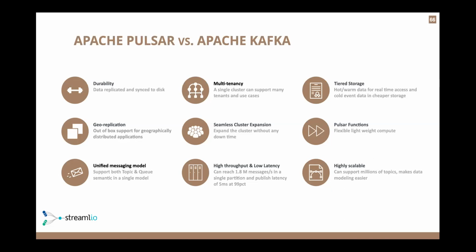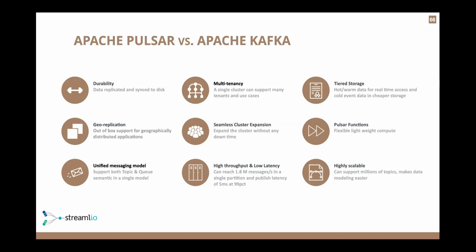Seamless cluster expansion is just a big pain point for Kafka. You can throw new nodes into the cluster, but they don't have any data to serve. You can't alleviate the pressure of a filled up topic without repartitioning it, and that requires halting your cluster and reallocating the data across all those new partitions. With us, you just add a new broker to handle the stream layer, or you can add a new bookie that can handle load immediately. So your turnaround time is seconds, and in Kafka it's minutes or worse.